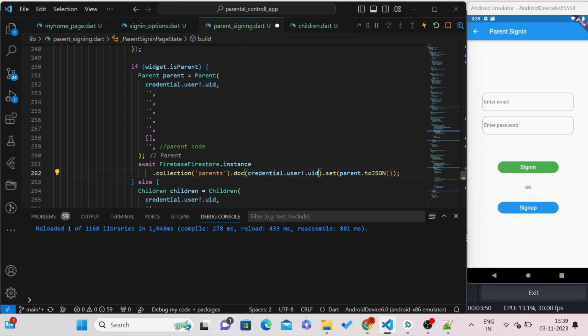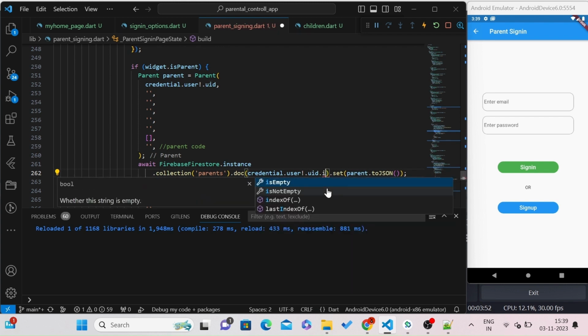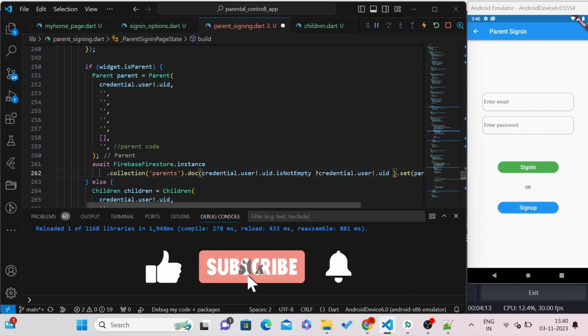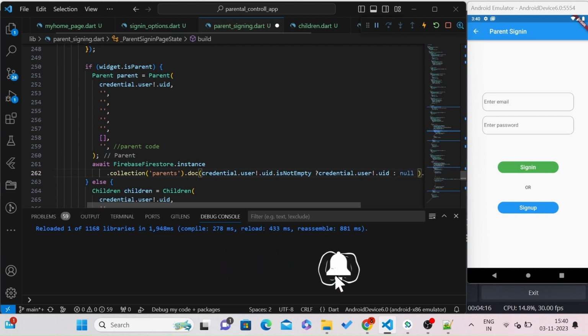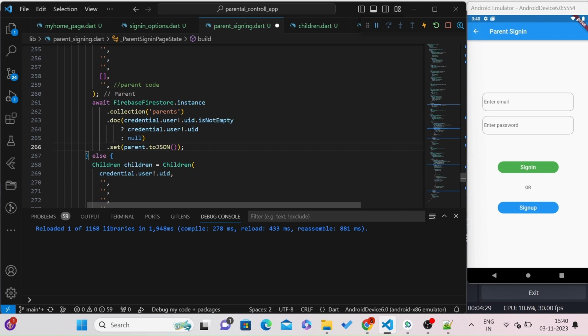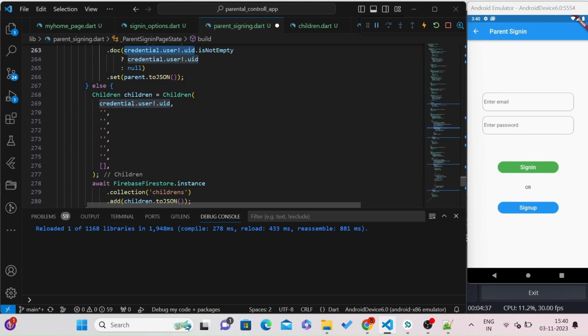So let's do a check if it is empty or not. If it is not empty, then pass this UID as document ID, else pass a null value. If it is having null value, then this lines of code will create a new document with the random generated UID by Firebase. In this case we are saying that we want our document ID to be like this user ID which we will be getting from our Firebase auth. Now let me just save and do a sign up for parent